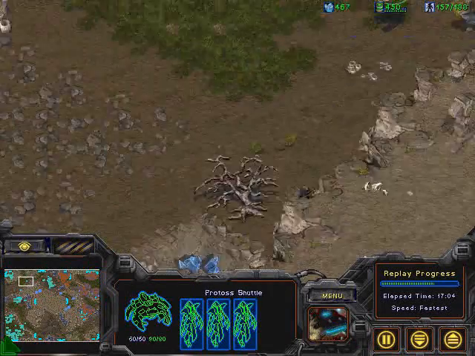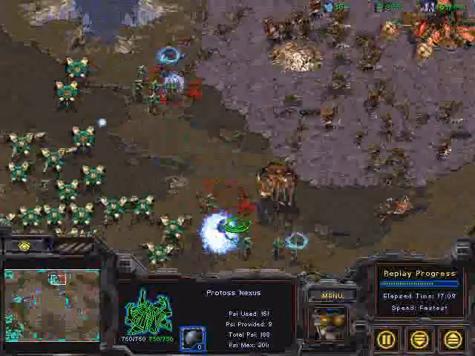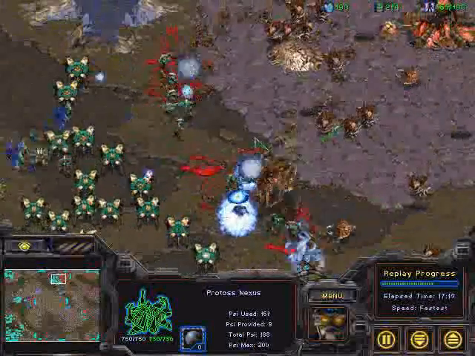I'm curious. Yeah, here's that drop shuttle. I was about to say, I'm curious where that drop shuttle is. And now a big attack pushing in. Virtuoso pushing in, and I'm not sure that he's going to be able to